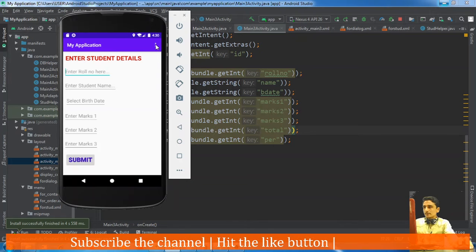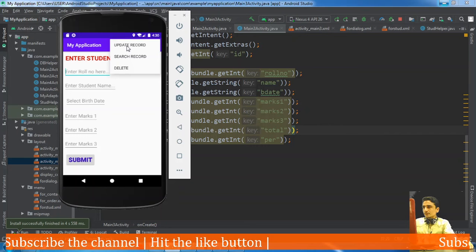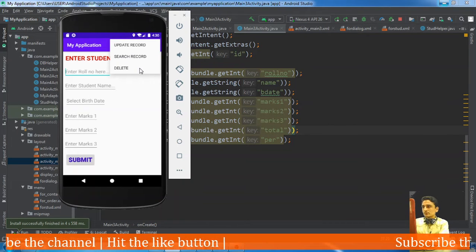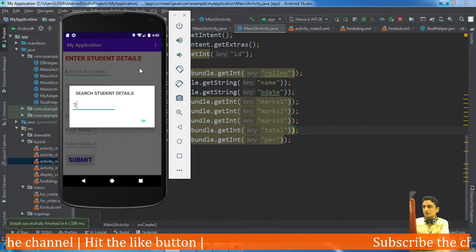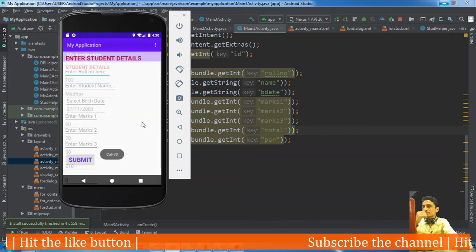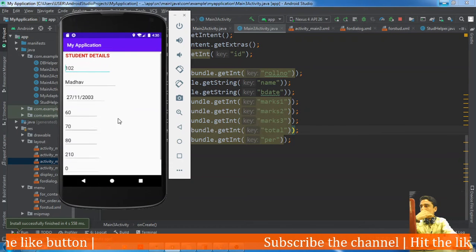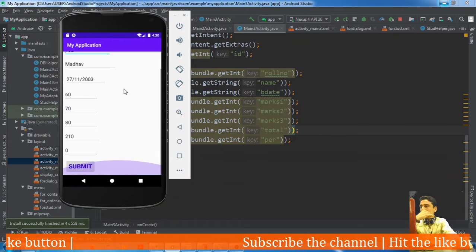Let's see it. Search record 102. You can see here all the records are appearing.